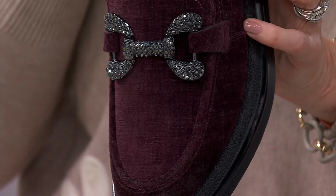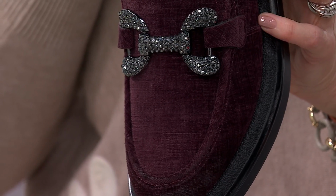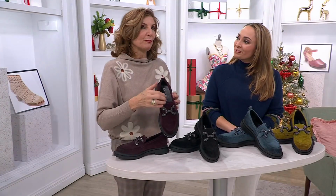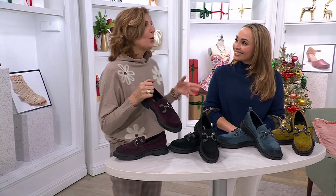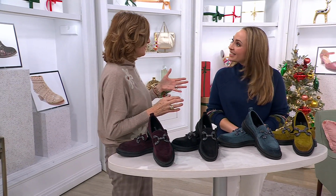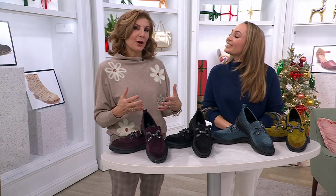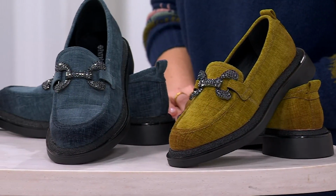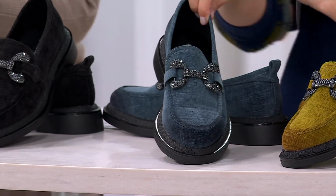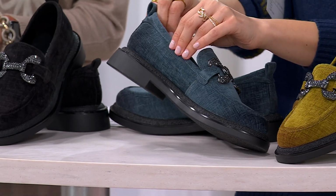I personally love a velvet shoe. I mean, this is something I am grabbing September. I'm wearing this all the way through to April. So this is a shoe. I have quite a few pairs of velvet shoes at home. I have to tell you, I love them. They're so comfortable. I get a lot of wear out of them. I always get a compliment on them because they're different. Yes. Right? There's something that's a little bit different, a little bit special, a little bit elevated,